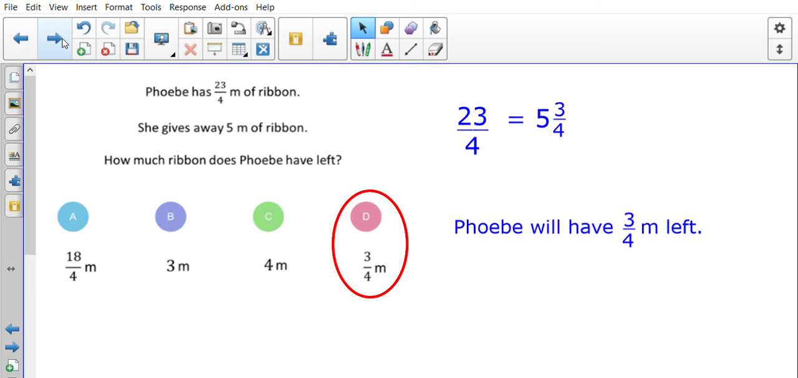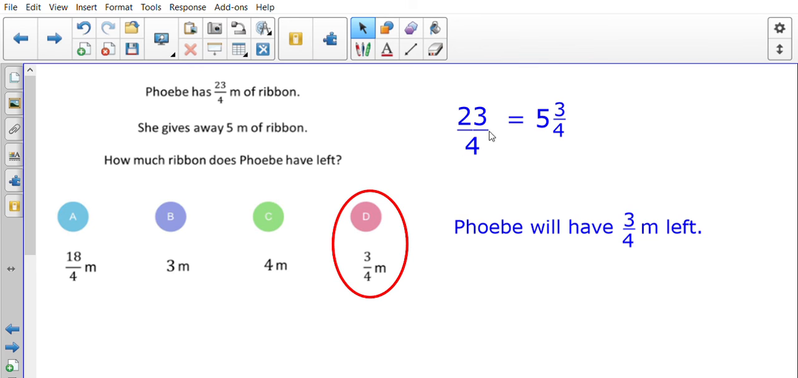And the last question, Phoebe has 23 quarters of a ribbon, meters of a ribbon. She gives away 5 meters of the ribbon. How much ribbon does Phoebe have left? So the very first thing I've done here is I've taken the improper fraction which has been given to me